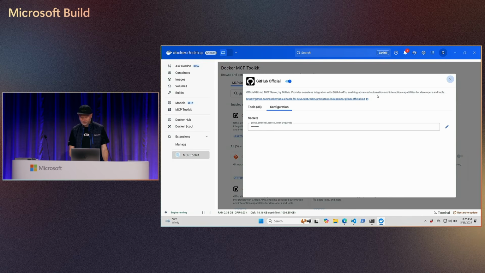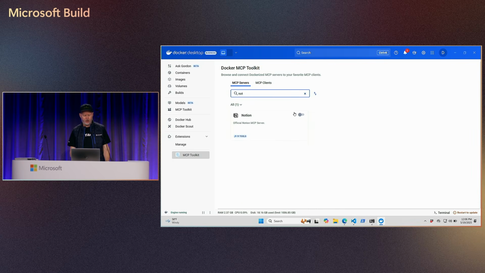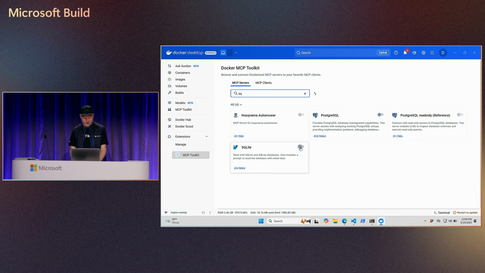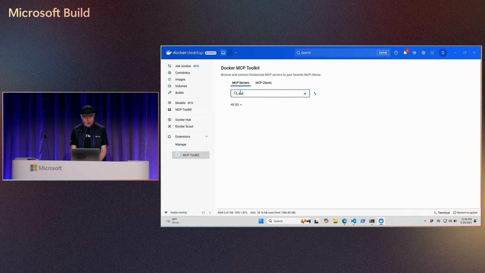Good. Let's use that. And then there's a couple other tools I actually need too. The flow that I'm going to show you looks up issues, summarizes them, and then makes an article in Notion. So I want Notion to be available. I need to fetch a few things from the web, so I'm going to enable fetch. I need SQLite, it turns out, to store some data. And finally, this is the last one, I need DuckDuckGo. So I'm going to add DuckDuckGo as well.